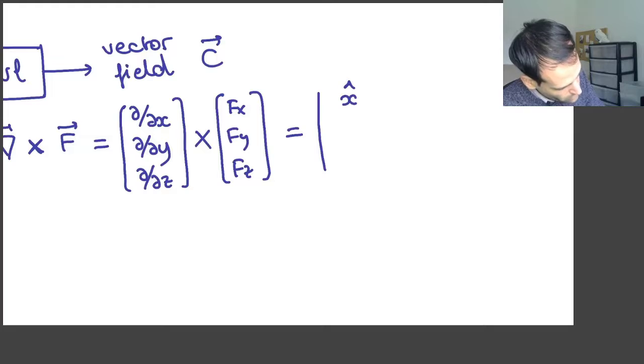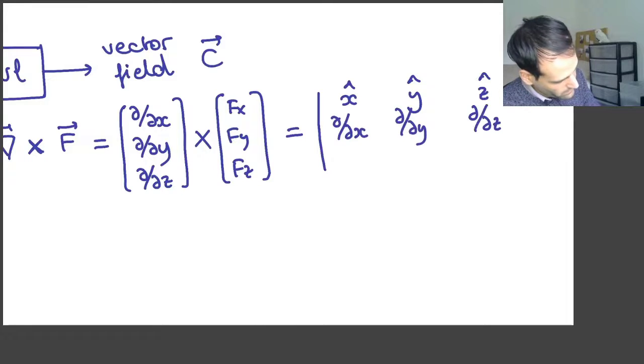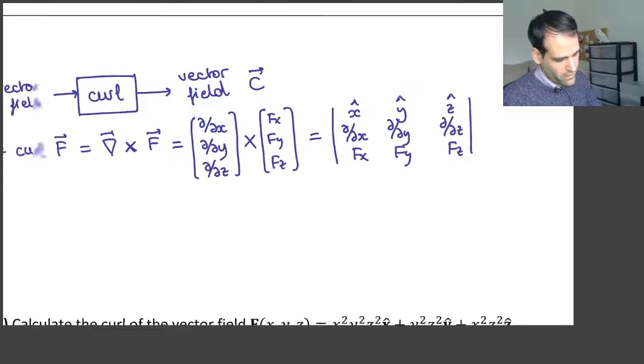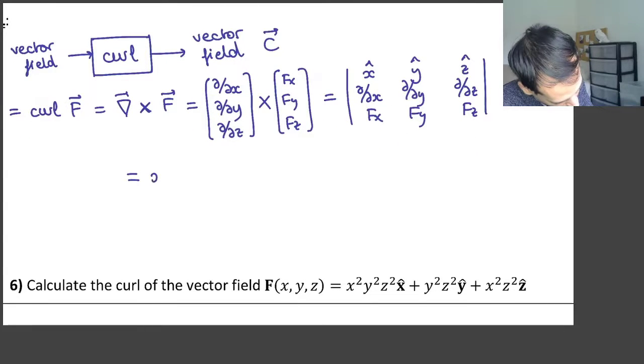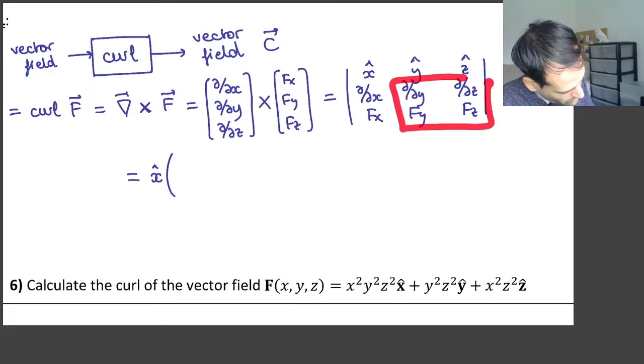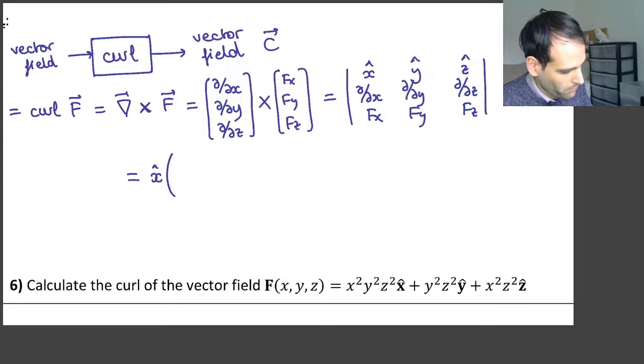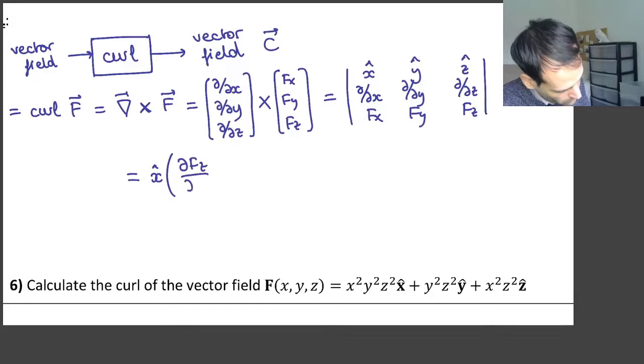So now we need to do the cross product, which, as you know, you have to write this, then the first vector, which is the nabla operator, and then the vector field fx, fy, fz, and now you need to expand this determinant. So the result is x hat times the determinant of this, and remember, whenever we multiply an operator with a component of the field, it means apply that operation to that component. So that will be the partial derivative of fz with respect to y minus the partial derivative of fy with